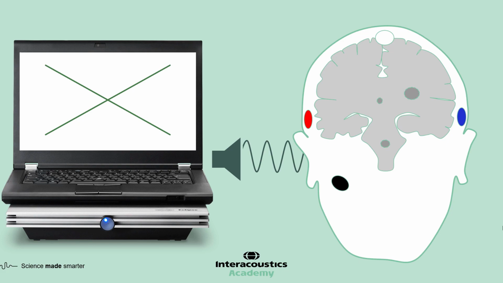an evoked potentials device. In order to record the response, we need to change the stimulus, and in the case of the ASSR, we modulate the stimulus to create a steady state response in the brain. In other words, the brain activity mimics the modulation of the stimulus. This is shown in the image by the brain activity pulsating at the same rate as the stimulus being delivered